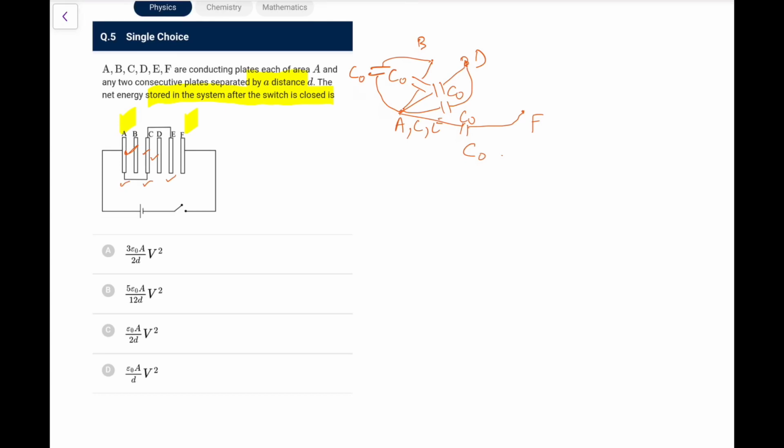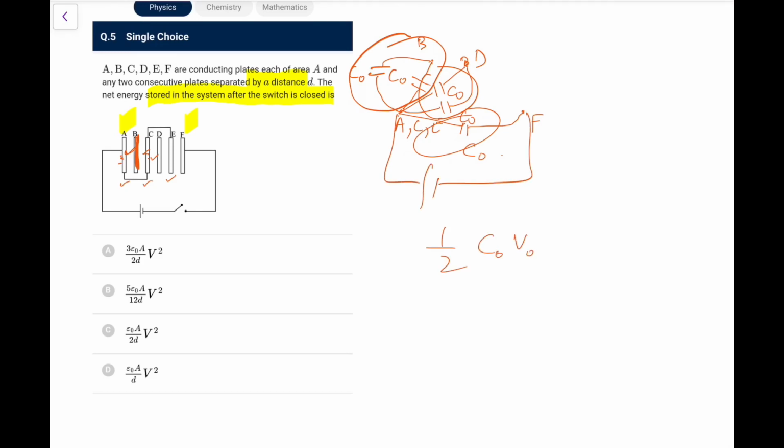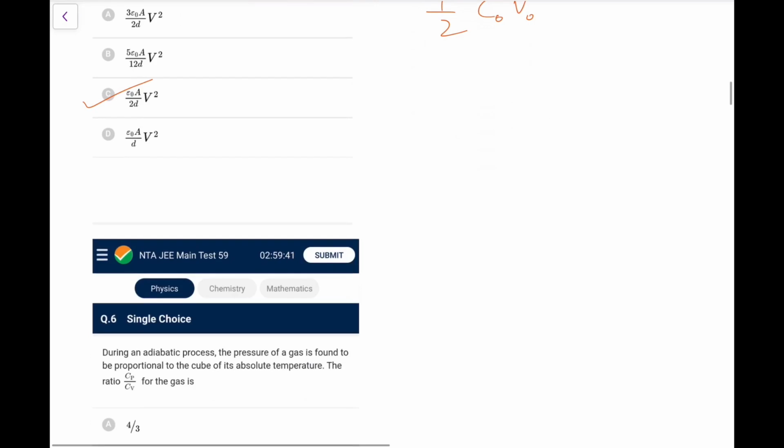What we have now, because this effectively doesn't end to anything, you can simply remove this metallic plate. You have this capacitor A and C, and because both are connected, they are short circuited. So effectively you only have C naught, because these two are not effective. Potential is applied only between these two. So directly I can write it as half C naught V naught square, and C naught is epsilon naught A by d. So it's an easy one for you. This comes out to be option C. It's just confusing. You can directly make out this all gets cancelled. Only a single meaningful capacitor is left.